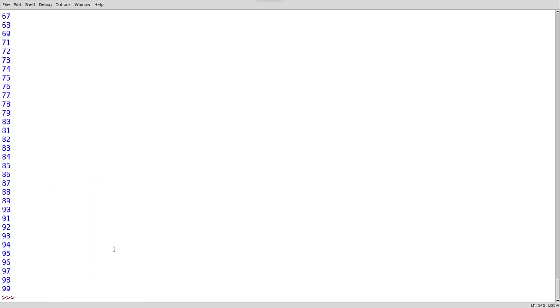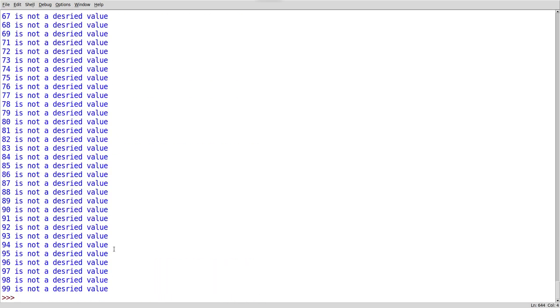See here, I am saying f string is not a desired value. See, this is not a desired value, we are looking for a value called 70.